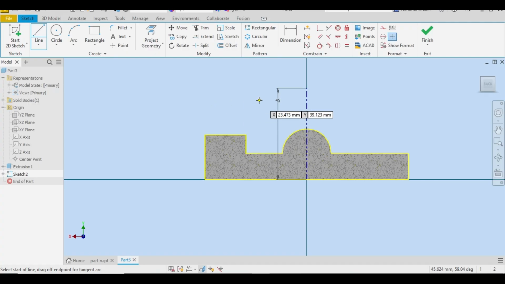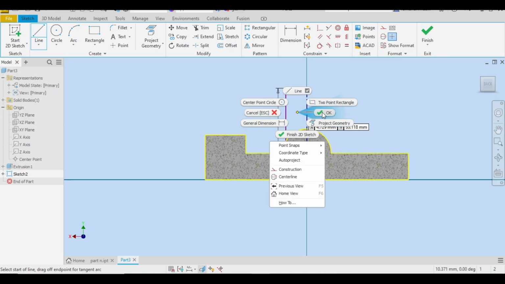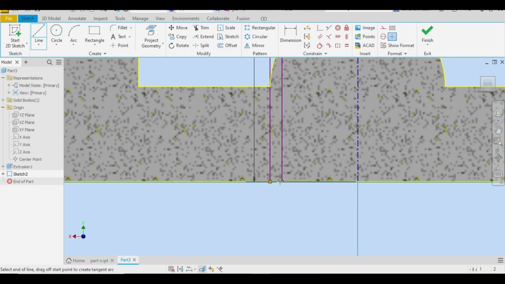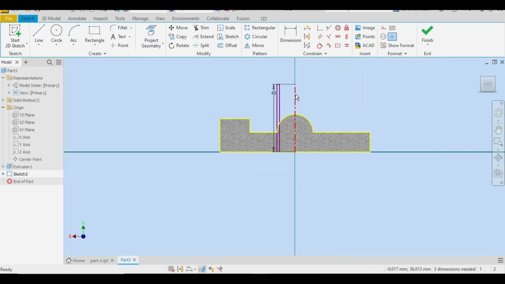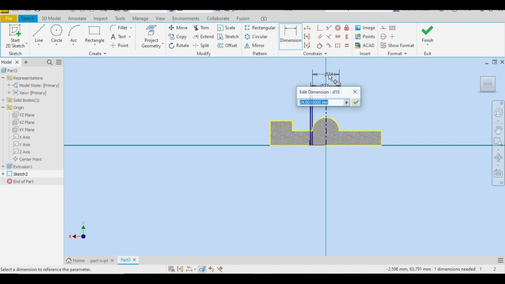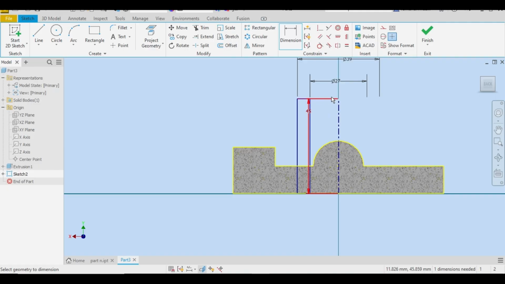Select a line like this, align with this and draw like this to the bottom. Now draw another line like this. We want to create both diameters. I will show you. Join this line like this, select dimension, and from the center it is 27 millimeter of diameter, and another one is 39 millimeter. Okay,